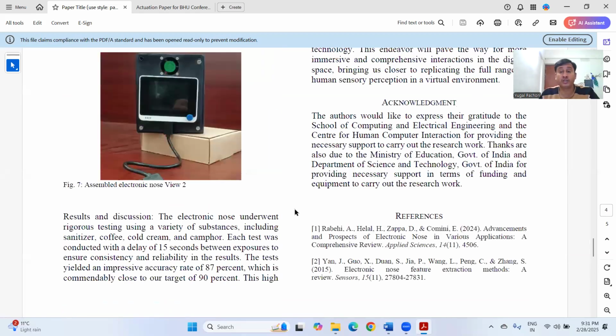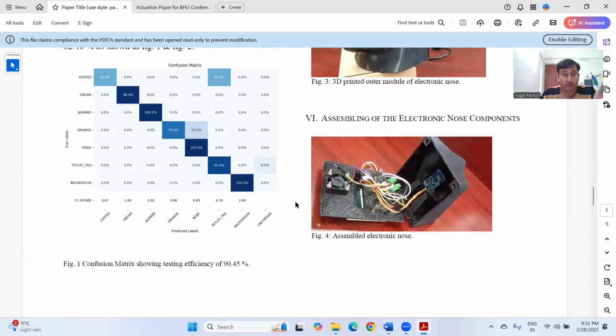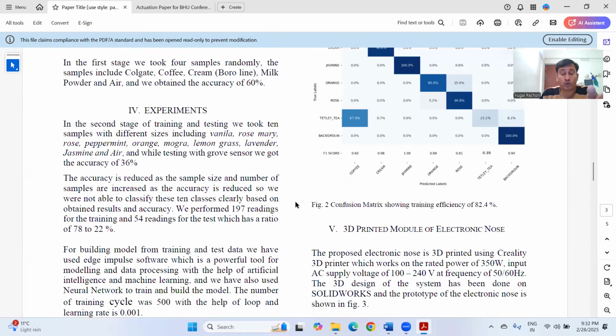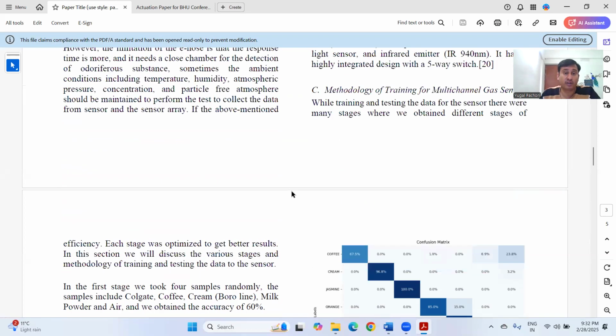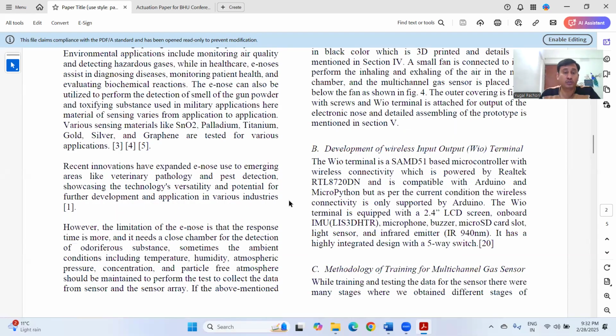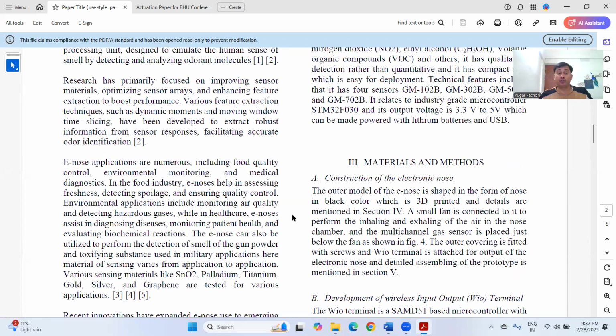I found them from the net, Google Scholar, and other websites. But the point here is that you should quote or refer to at least 10 research papers in your literature survey. Only then will your literature survey be solid enough to get the focus of the reviewer. Because the reviewer reads the paper in detail, and then comments about which section you have to add and which section you have to delete. They give specific comments in the mail as well.